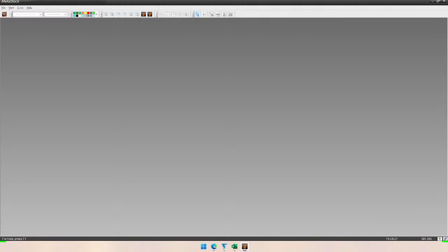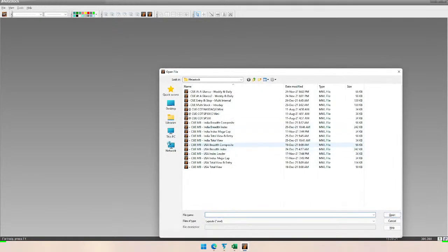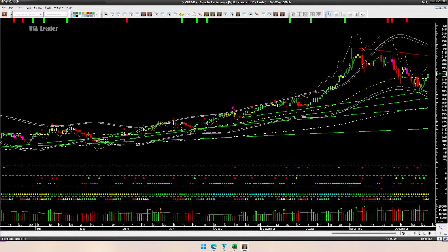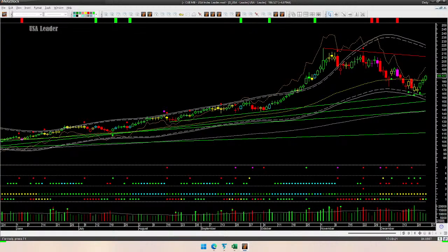What is the state of another custom index, that is the leader index? Leader index is a custom index created with market leaders in a bull market. In a bull market, we get the strongest of the strongest stocks, create a custom index using that, and in the bull market that will go straight up. You can see in this area the traffic light candle color is mostly green, very few yellow, in fact only one yellow in the middle, no red.